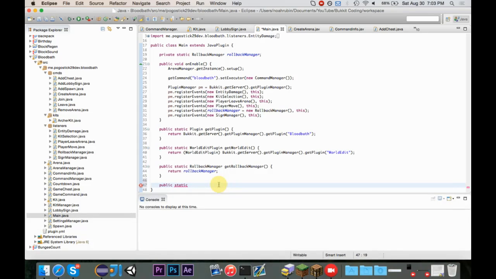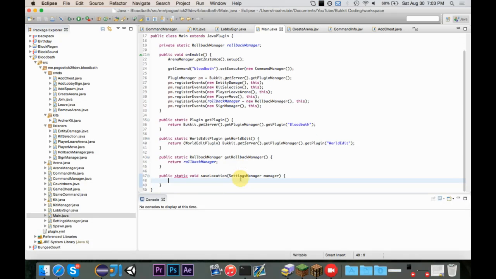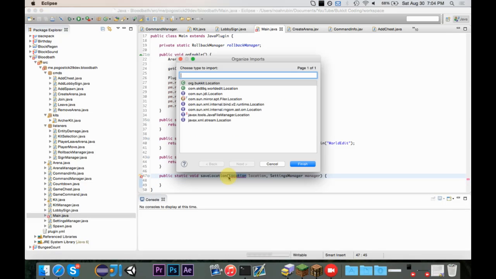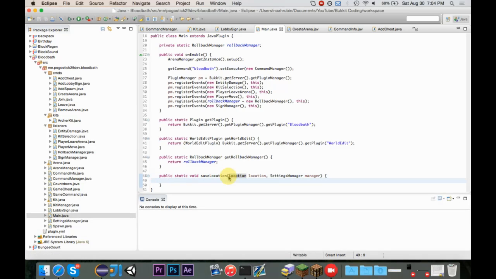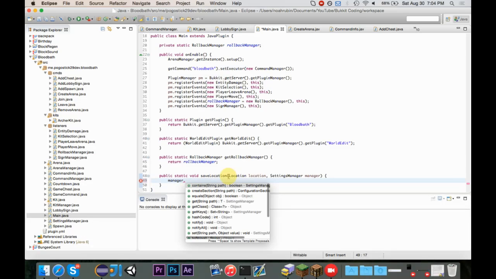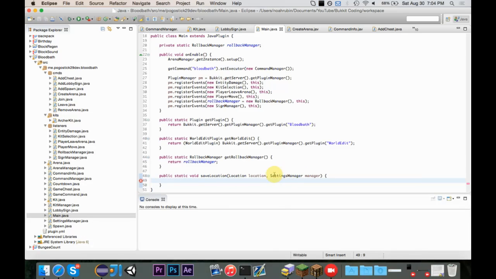Okay, so public static void saveLocation, and then it's going to take in a settings manager. Because the problem that's happening right now is when I go to save the location, it's not saving it properly. So we need to fix this. So it should take in a location and a settings manager called manager. Okay, so then we're going to say manager, or instead of manager, it should probably be